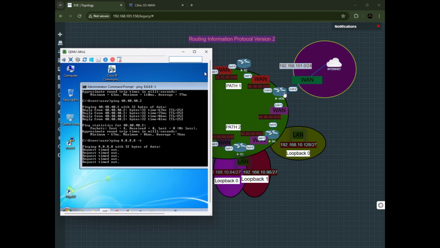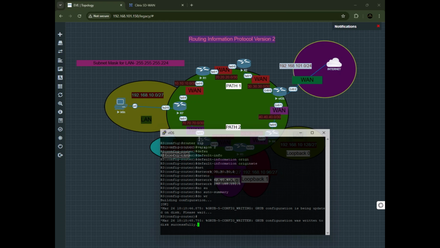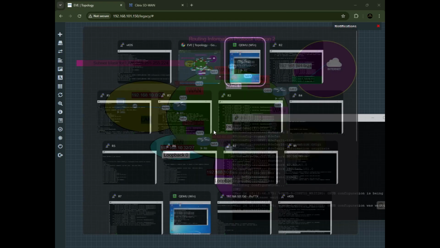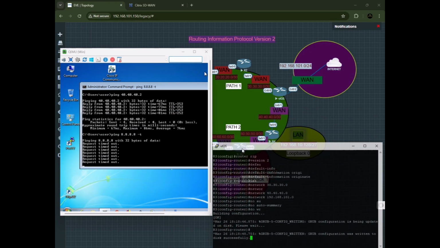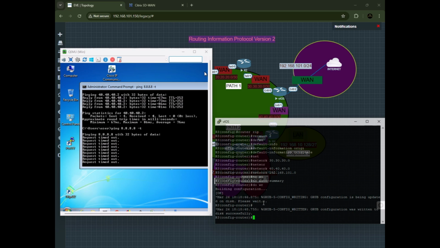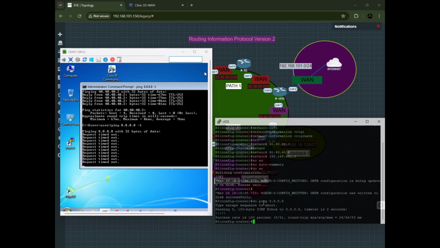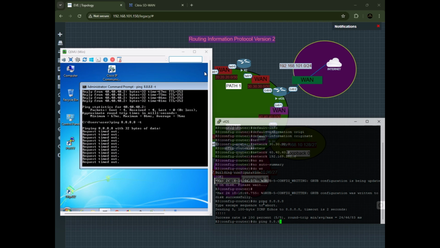All right, so let's come to the router, which is router 3. This is the router I'm talking about, and then I'm just going to bring this one back so that you will be able to see. Again, I'm going to run the same command, which is ping 8.8.8.8. As you can see, we can still ping to the internet,